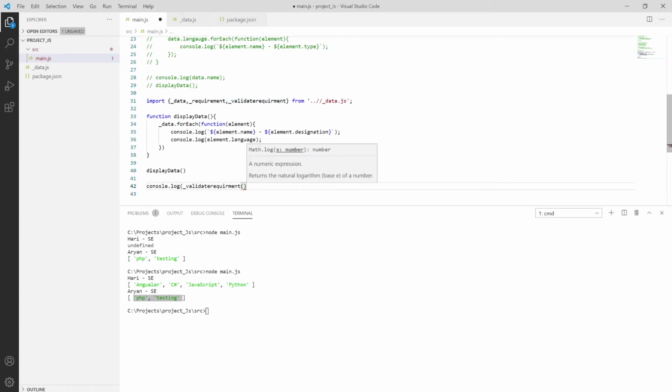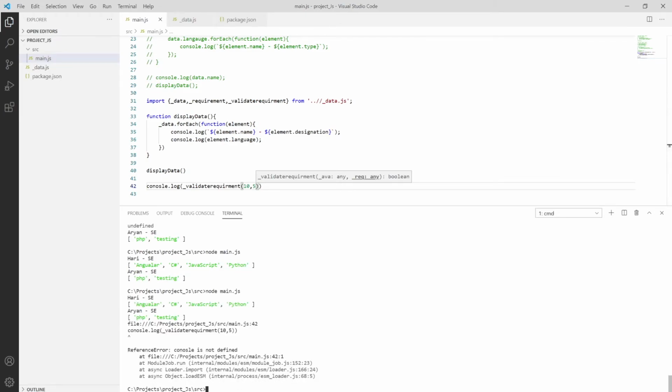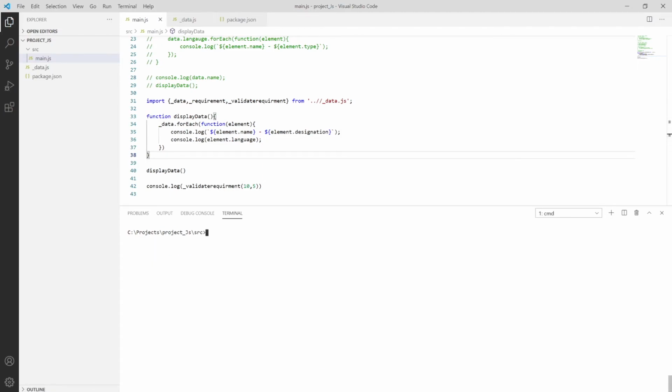Say I am passing 10 comma 5, and then save it and try to run this. Okay, then save it using control S and clear the console using cls, and try to run.